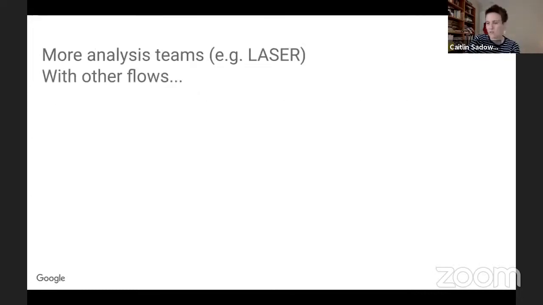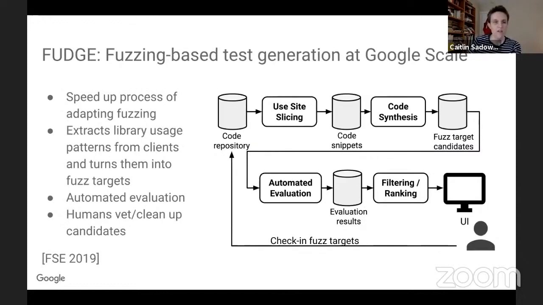The other thing I want to mention briefly before getting into analyzers is that there are other analysis teams at Google that are working on program analysis tools that have other flows and other specific problems they're solving. So there is a 2019 FSE paper about Fudge, which is a fuzzing-based test generation tool for Google scale. To speed up the process of adapting fuzzing, this tool extracts library usage patterns from clients, and we